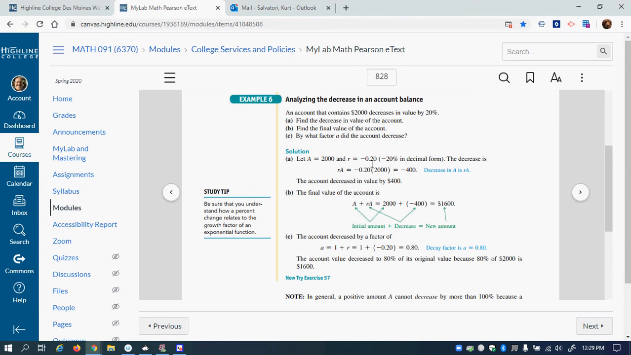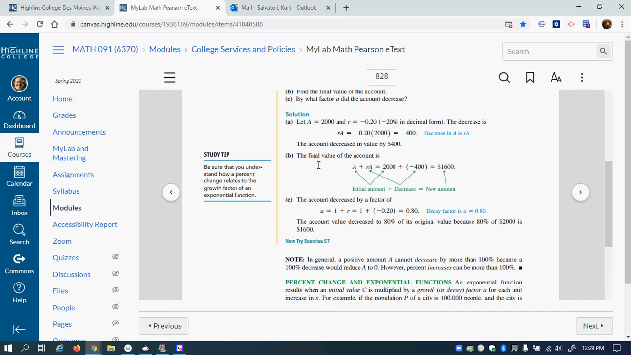And R is our interest. It's decreasing because it said it decreased, so it's negative 0.2 from the 20%. So if we multiply the two, we get negative 400. So the account's going to decrease by $400. The final value of the account is to take the original and minus what you're going to lose, so you get $1,600. And then the account decreased by a factor of 1 minus that rate, so about 80%